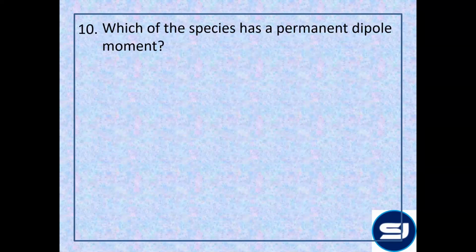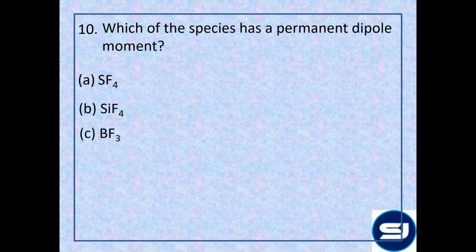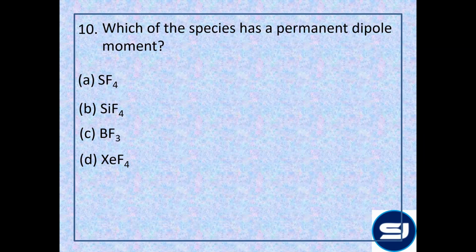The species having a permanent dipole moment. How do you answer this? The electronegativities. Okay, but that is not the only thing to be considered, because all of them have an electronegativity difference. Structure. Yes, permanent dipole moment you can see structurally, if the vectors are equal and opposite,